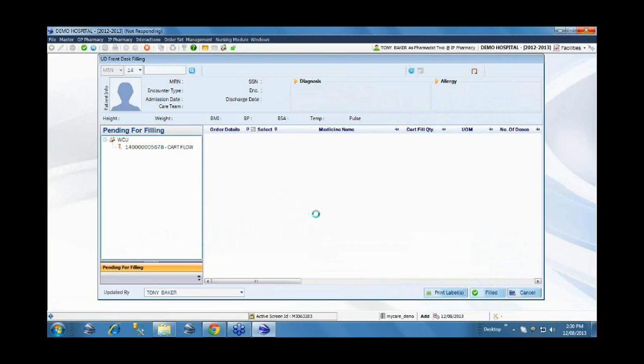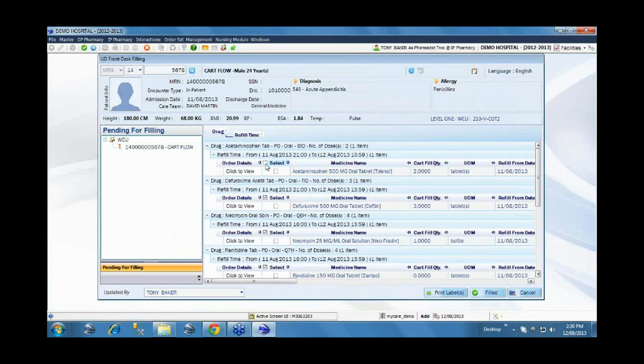Okay, so we'll just choose one of the orders and then print the label and see how it is. So, sample label. Okay, then we will continue with the other process. These labels again can be customized, and the label printers, the printer routing as to where it needs